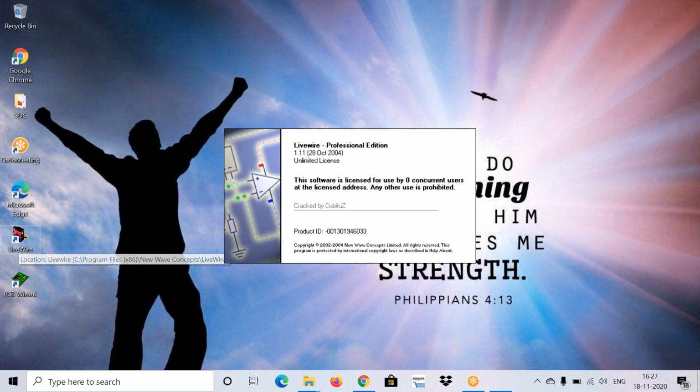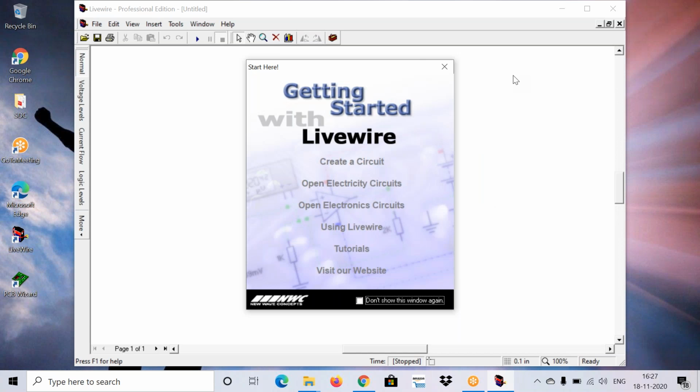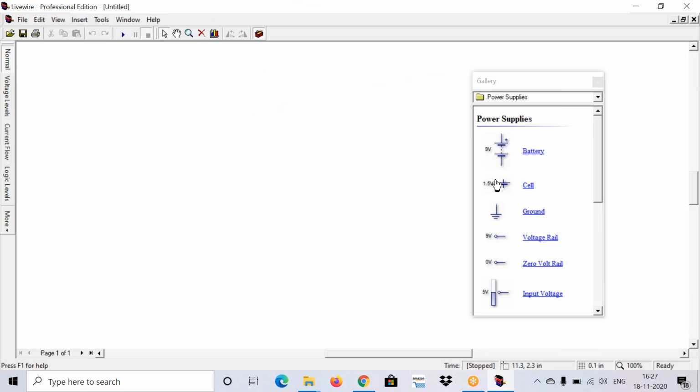This is a software which is used for designing circuits. I think the electronics students are familiar with MATLAB, no? In MATLAB or Multisim, we design some circuits and we can observe the output of those circuits, right? Similarly, this Livewire tool is also used for designing some electronic circuits only. It is not used for designing any PCBs, it is used for designing circuits. Before designing the PCB layouts, we